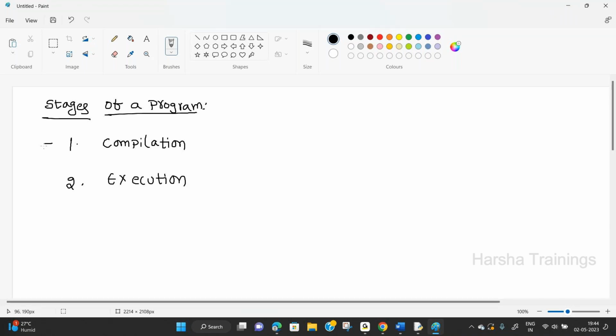First of all, you need to know what is compilation. Remember one point. Before explaining this one, I will explain one important point. Initially at the starting I used one word, language, whether it is machine language, assembly language, high level language. Suppose coming to machine language, what is meant by machine? The computer is called machine. Machine language means the language that is understandable by the computer.